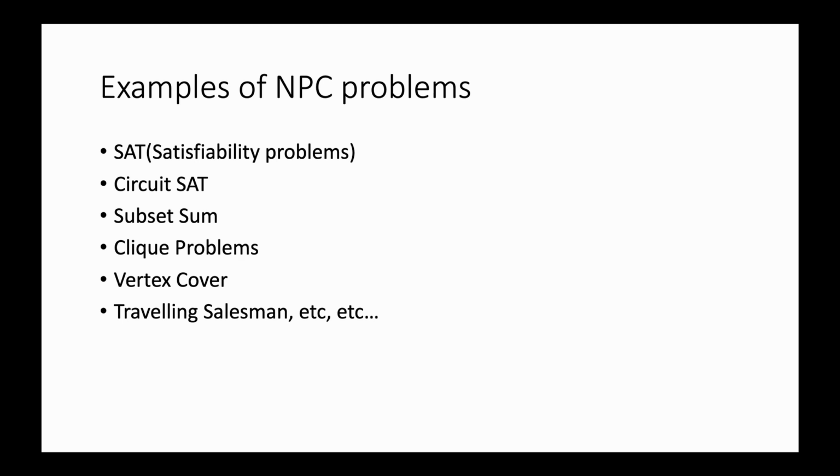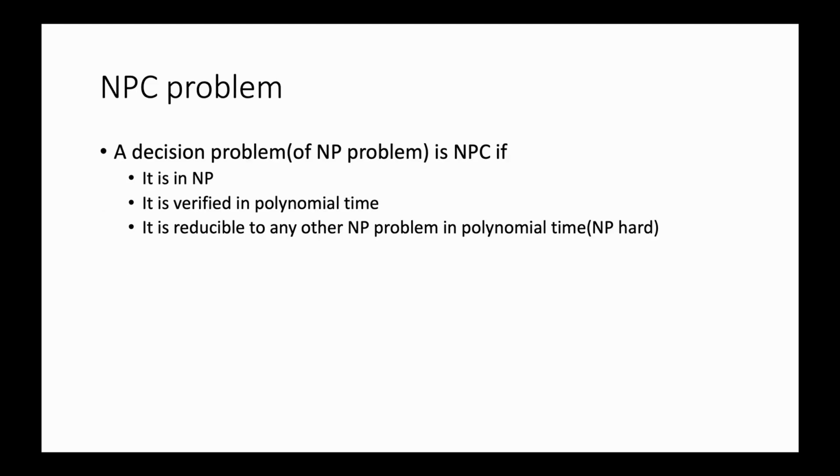Think about the RSA encryption algorithm. This is an NP-complete problem. To decrypt RSA 768, it would take 2000 years. And to decrypt RSA 1024, it would take 2 million years. But if you are given the decryption key, you can certainly decrypt it in polynomial time. This brings us to the definition of NP-complete problems. A decision problem of an NP problem